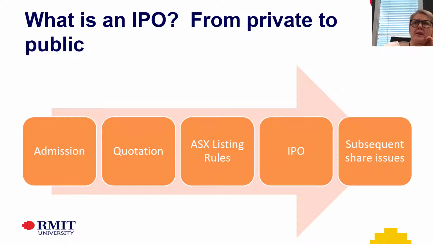So I want to talk about the transactions that you're likely or possibly will come across in your lifetime. And so when we're talking about an IPO here, we're going to talk about companies that not only make the offer to strangers to invest in themselves, but seek admission to the official list of the ASX, and that their shares are quoted on